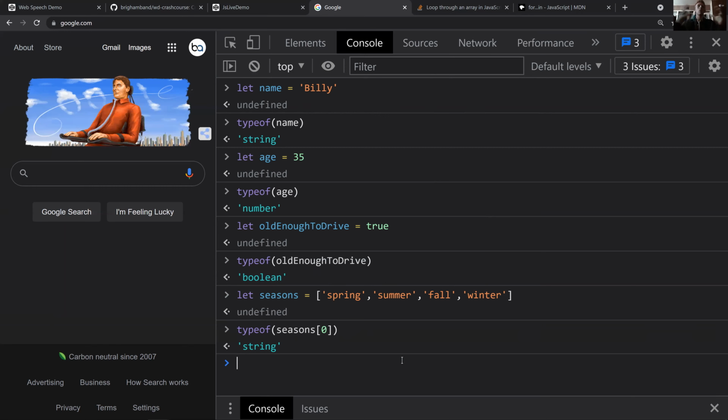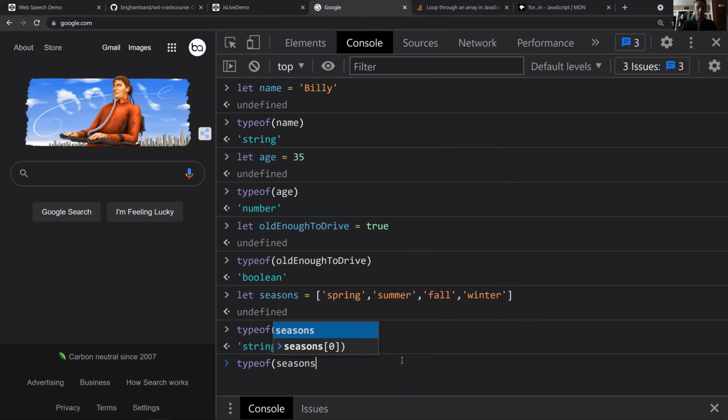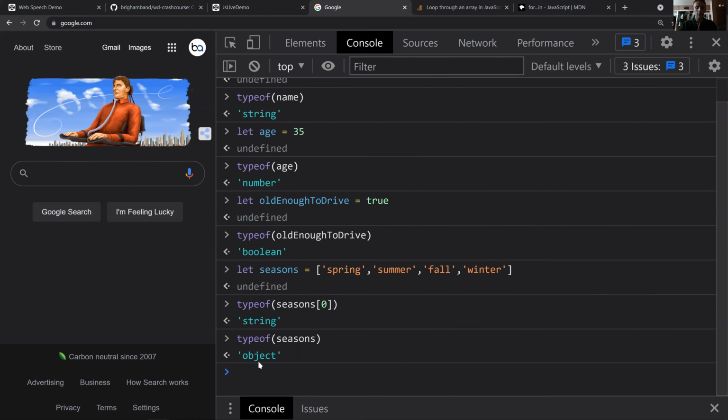But then what about this whole thing? There's multiple strings in this, but how are they all contained? So typeof seasons. And here it says object, but in JavaScript, objects and arrays are kind of loose, or kind of all correlated. Essentially, this is an array. And just to show another example of objects, if you had something like